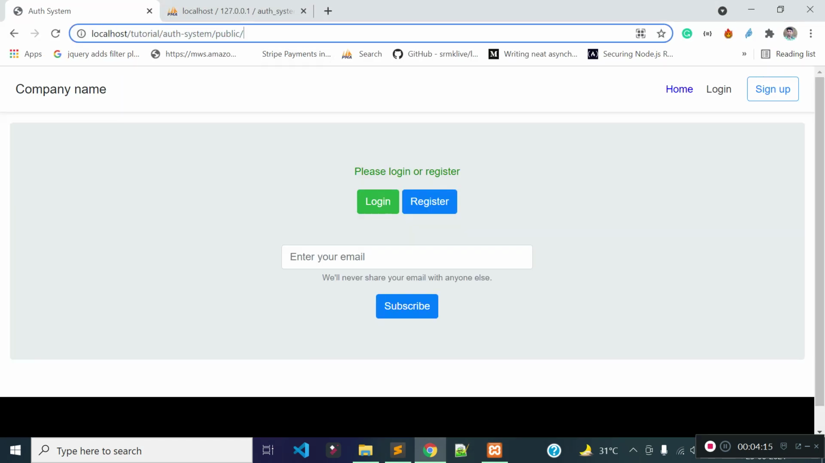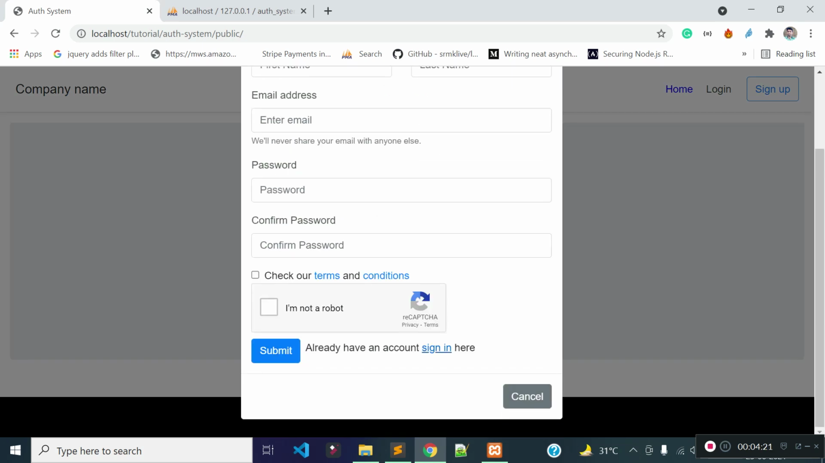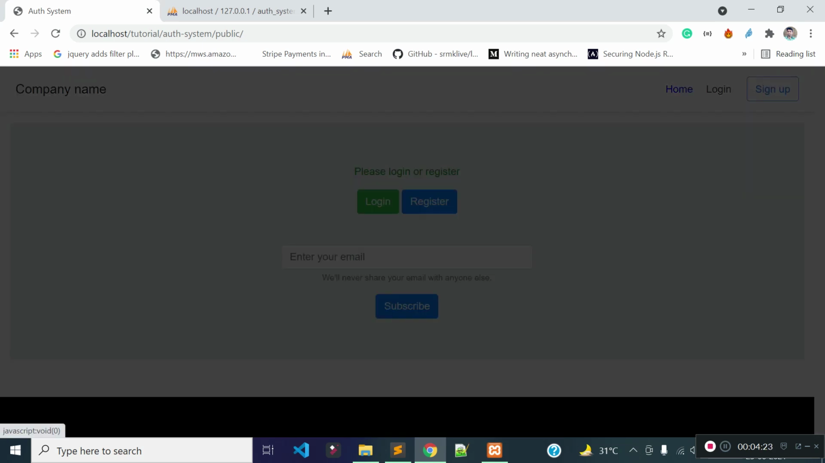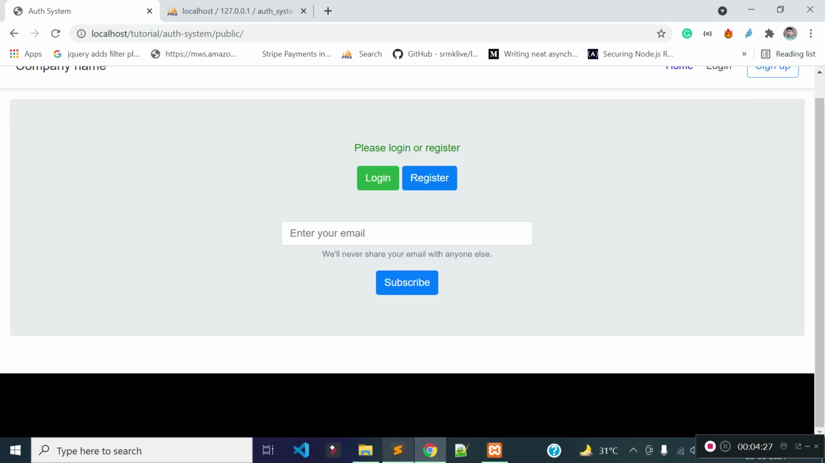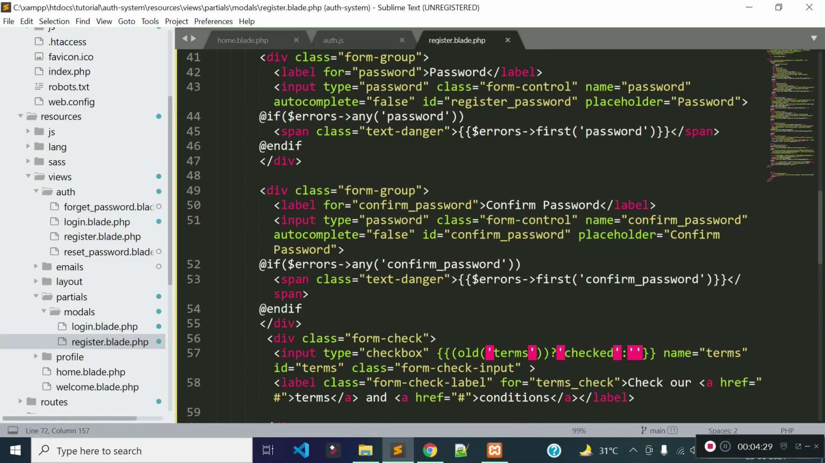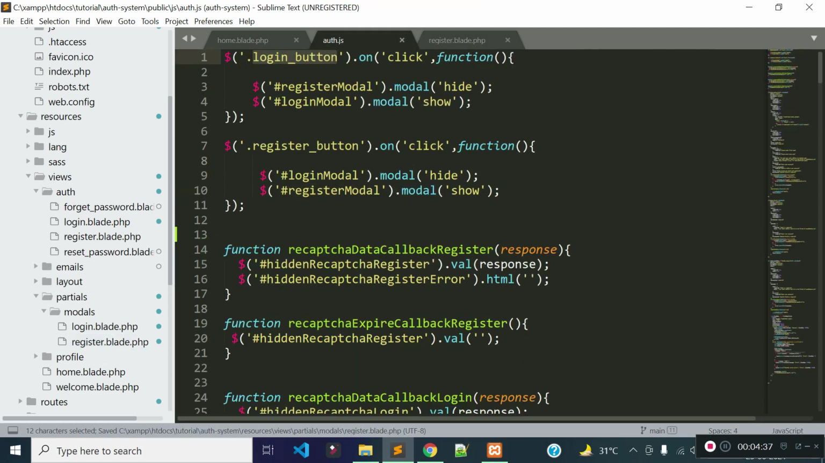Now let's refresh our home page. Try to click on this register button and then sign in, sign up. Okay, everything is okay. Now what I will do, I will add jQuery form validations for this registration form, right? Model registration form. So let's open our auth.js file. So we already have